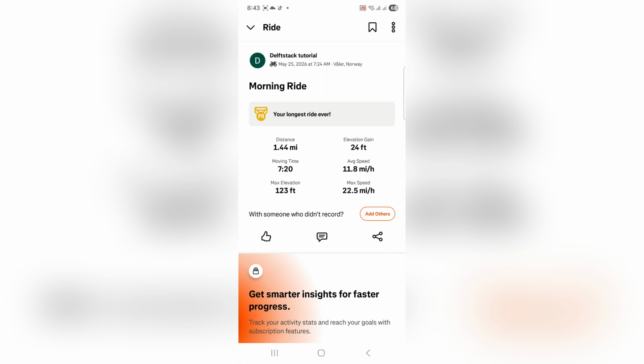And as in my case, I have not recorded a run after adding my weight, so I am not able to see that. But after adding your weight and recording a run or a workout, you should successfully see your calorie burn. And that's it. We just learned how to see calories on Strava by adding weight to your profile and checking the activity details